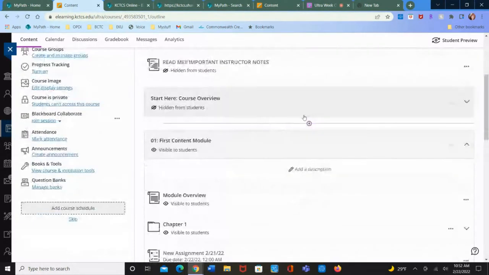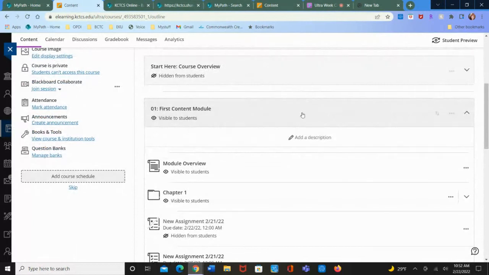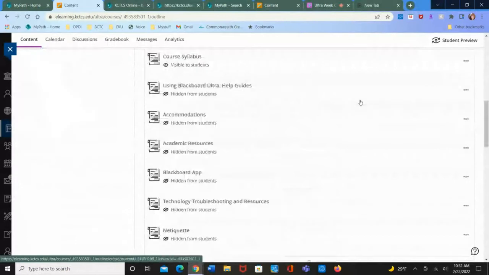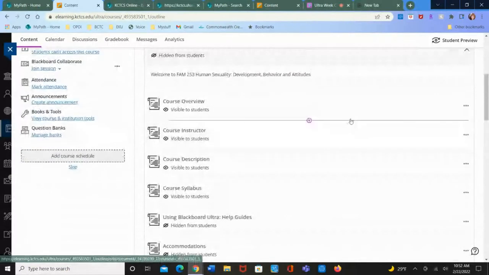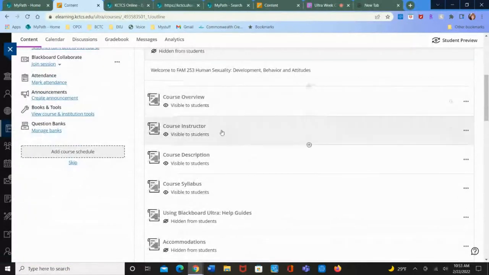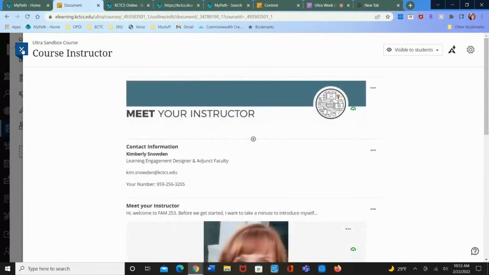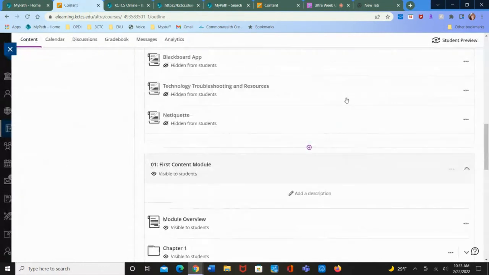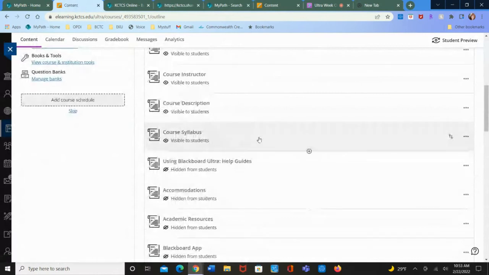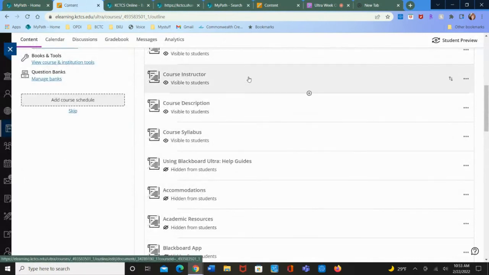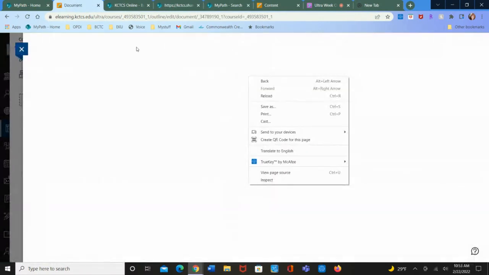So you can actually add items as well, and that's what this is for, but I'll show you that in just a minute. So the course overview, now you can move on down to what is in this. So we have also the course instructor. So this is where you're going to be able to add your information. So just by, I'll go back and show you again, clicking inside the box, you can actually just click and it will take you